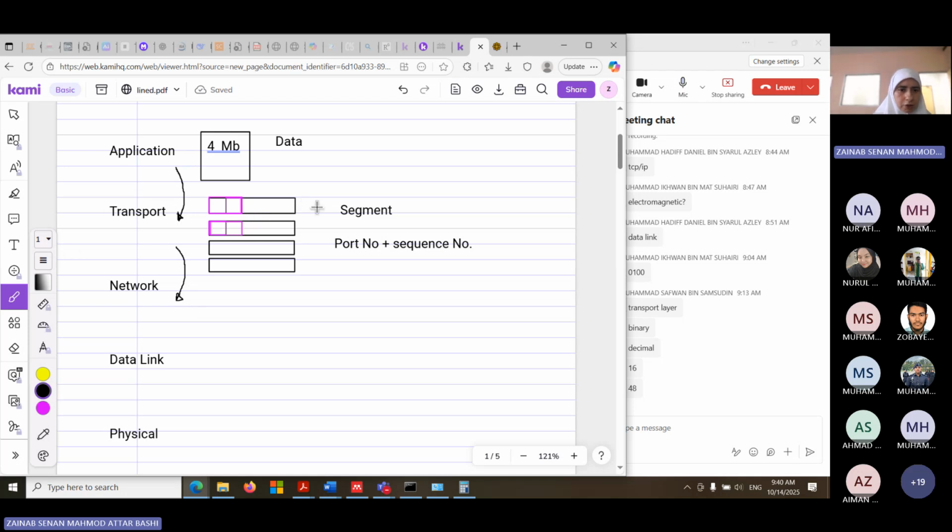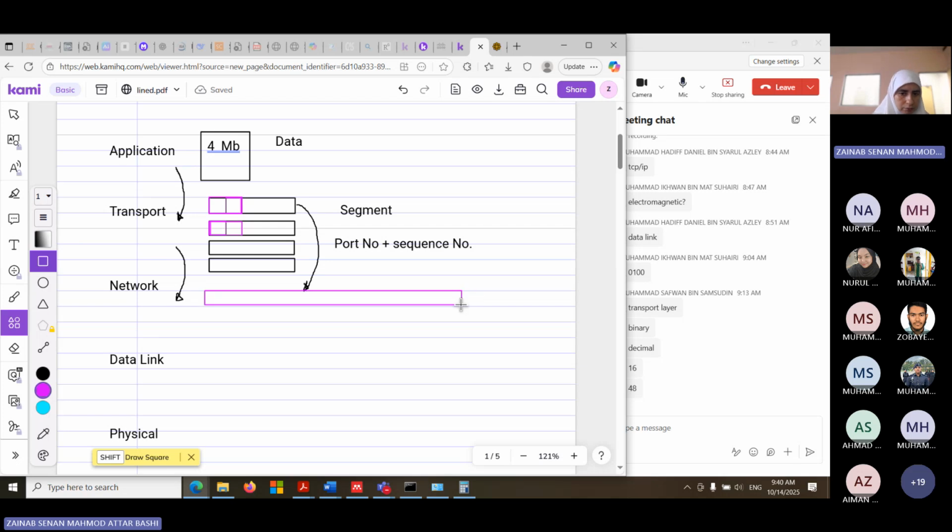Now, every piece of segment will move to the network layer, every piece of them. Let's take the first one, for example. A new thing will happen here. We will take that piece and add extra information.